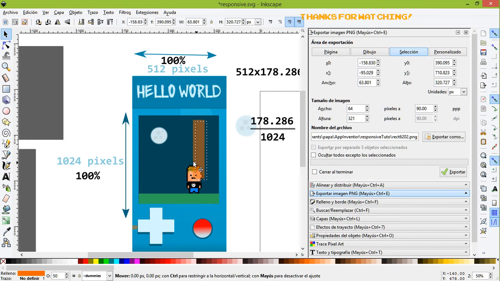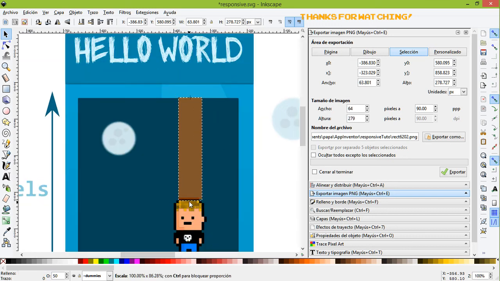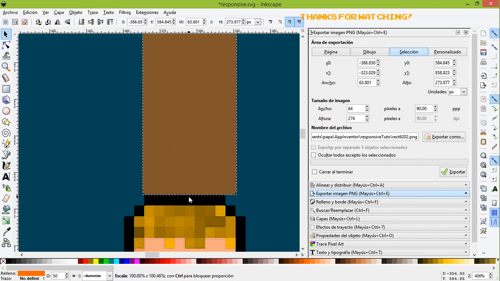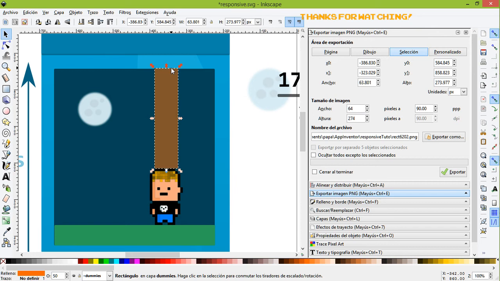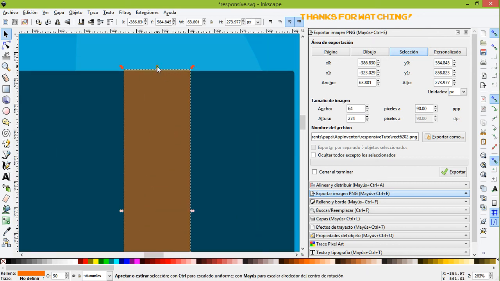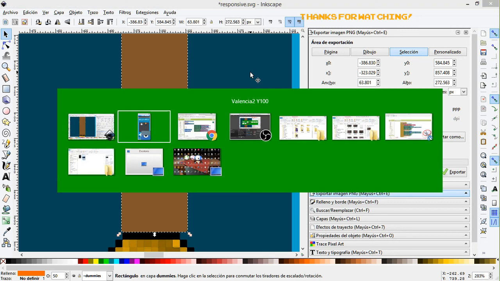Okay. So basing the height again. Now for the height, we are going to go here to the top, and we are going to drag this dummy file until we get to the limit of his head. Then we just check the size from the top of the canvas, or the edge of the canvas, to the head, and then we just check that the height is 272. We just go here,